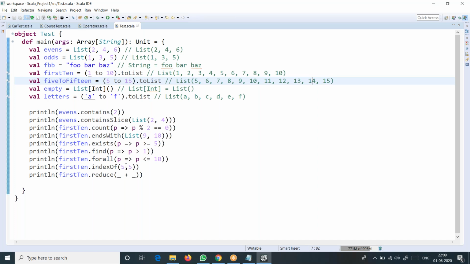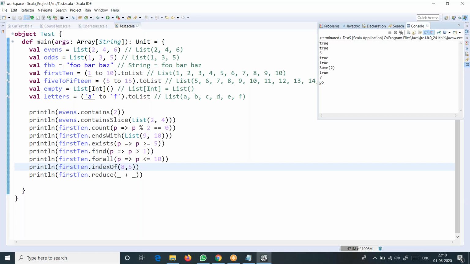Now 5 comma 5 means search for 5 after the fifth index. Do you have any element after that? No. Suppose we search for 8 after the 5th index, is it possible? We'll just try this. Correct, you got it right here, 7 is there, right? That will work. You understood how it works?